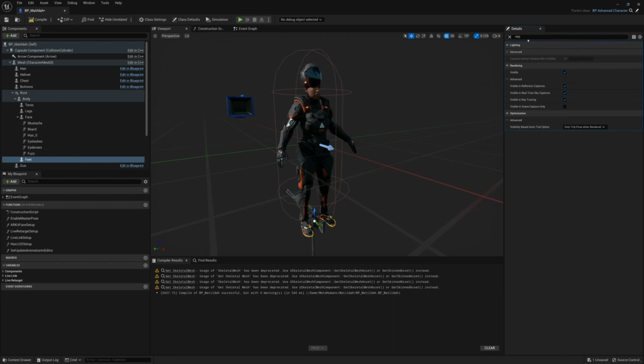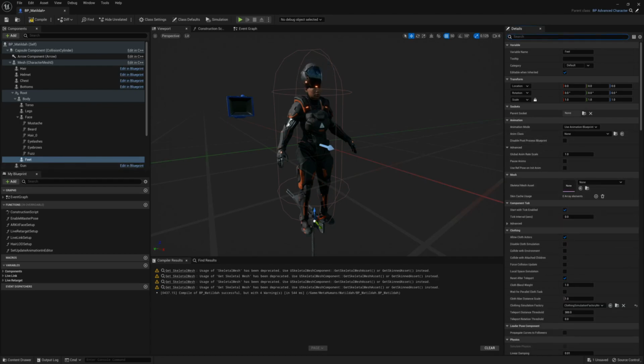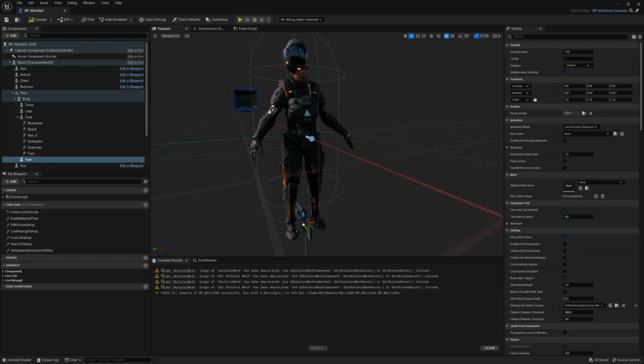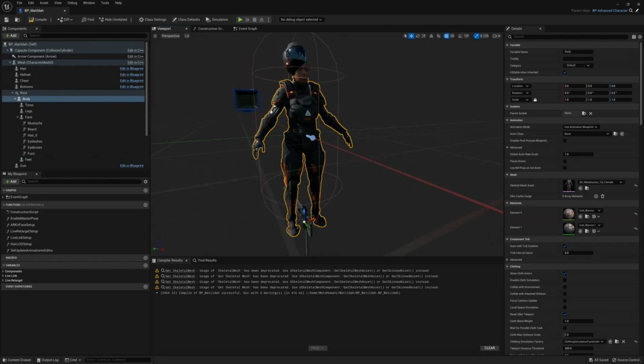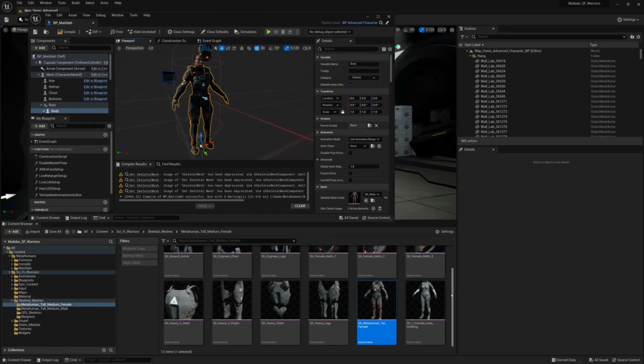Or we could just clear them in case we want to use the skeletal mesh component. Let's just clear this. Okay, let's save that. Compile. Okay, and the next thing we want to do now is add a blueprint that's specific to this mesh. Okay, so with this mesh selected, let's go under animation class, and let's add